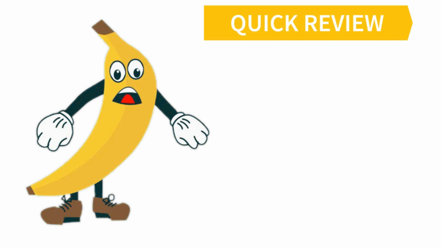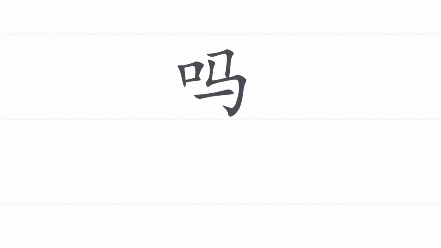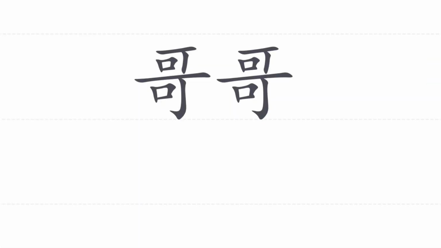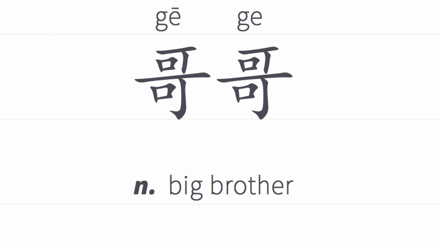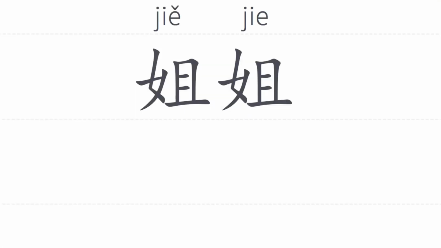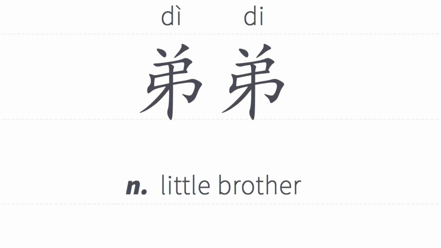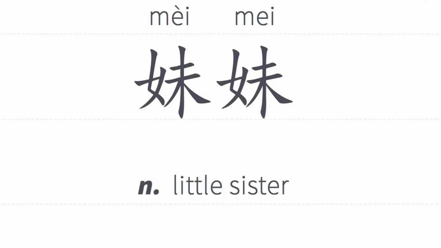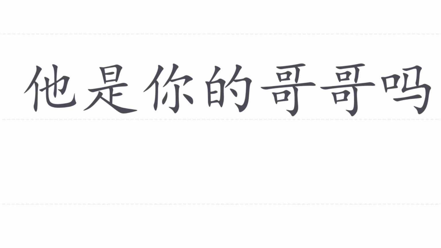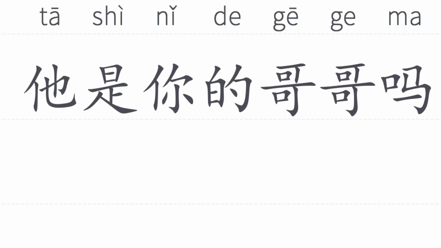Again, we'll do a quick review before we finish. Let's see. 吗。哥哥，姐姐，弟弟，妹妹。他是你的哥哥吗？